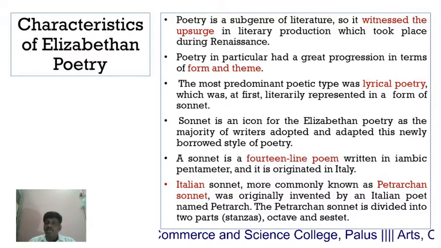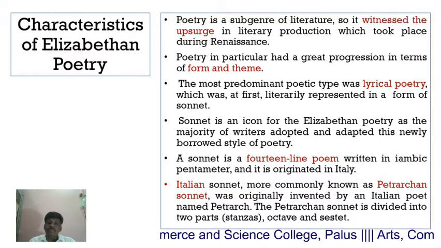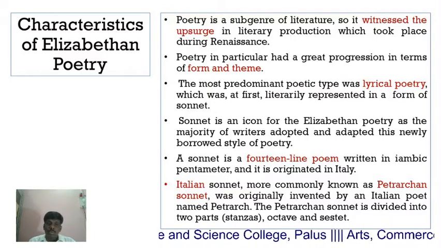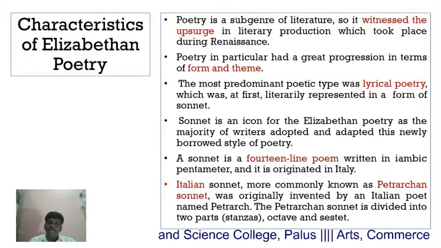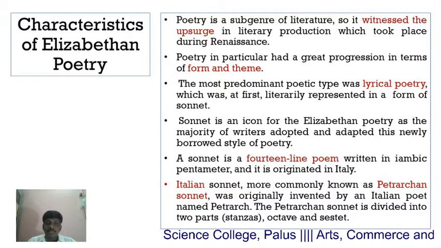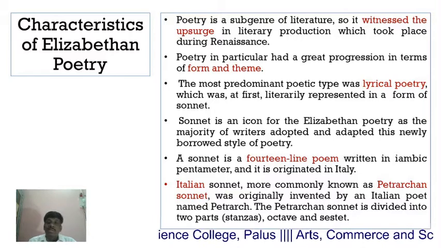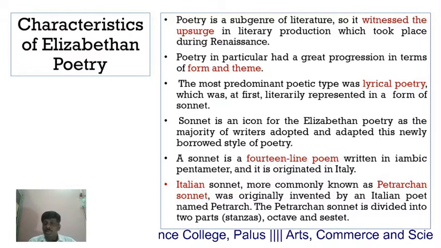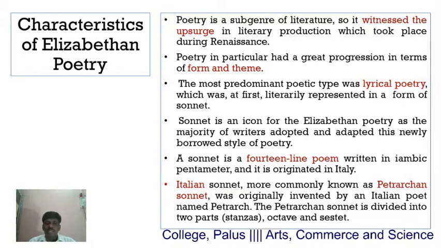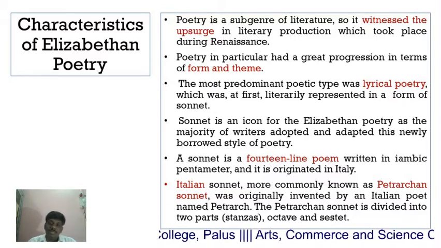Therefore Elizabethan poetry is also known for experimentation in forms, and it is also known for its wide range of themes. As it is written by a common man for a common public, it also explored a wide range of thematic concerns. Instead of idealism, instead of exploring a religious dictum, they started exploring common life, and as a result of that, they explored a wide range of thematic concerns.